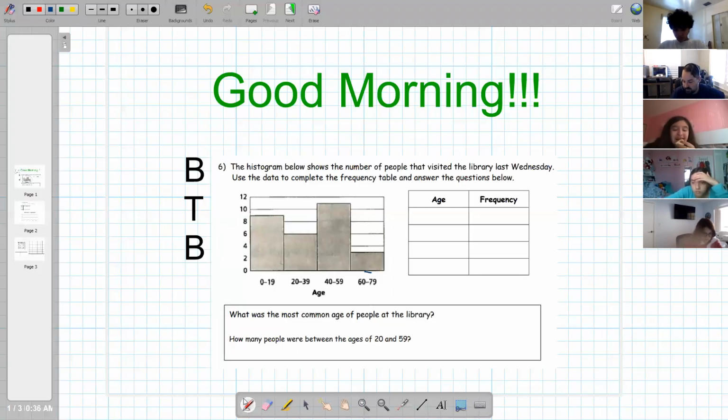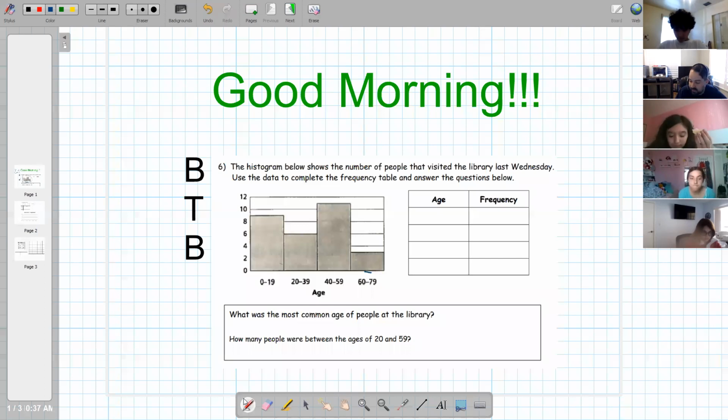How many people between 20 and 39? Just unmute and answer. 6. 6. That is correct. Between 40 and 59? 11. 11 people. And from 60 to 79? 3. 3 people, absolutely. So if we wanted to turn that histogram into a frequency table, which is what we see here on the right, down the age column,